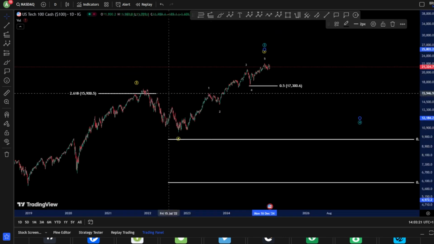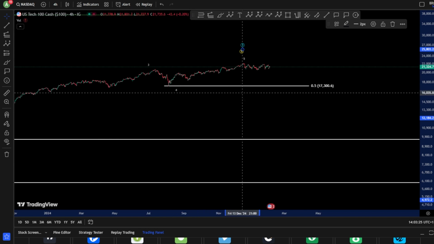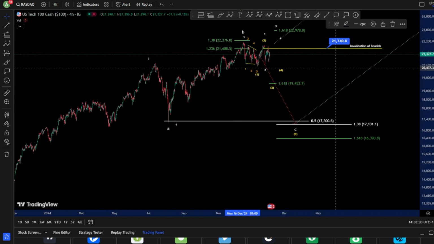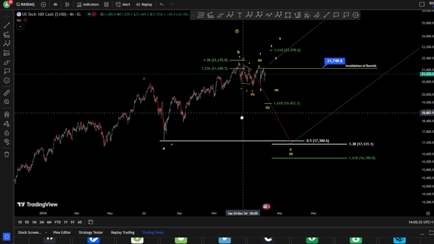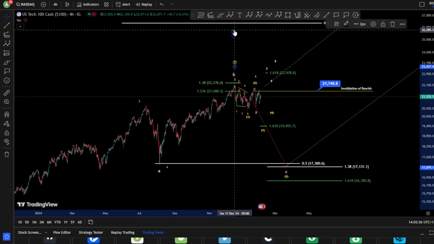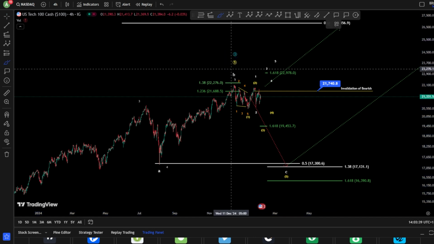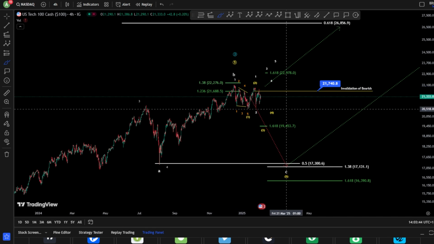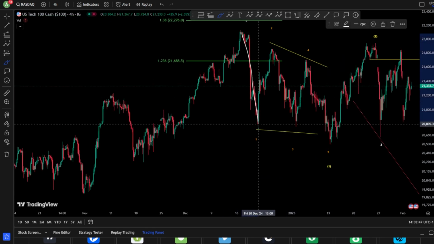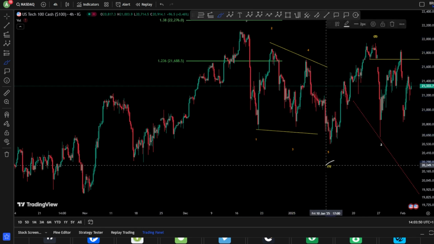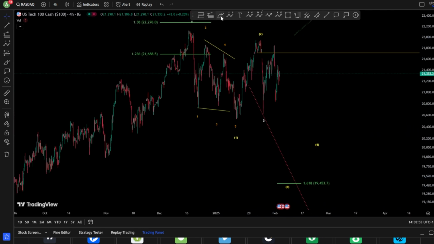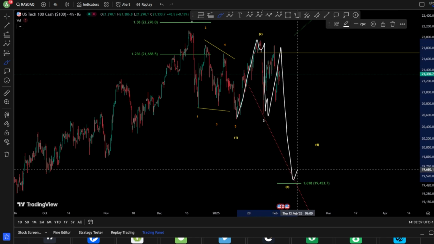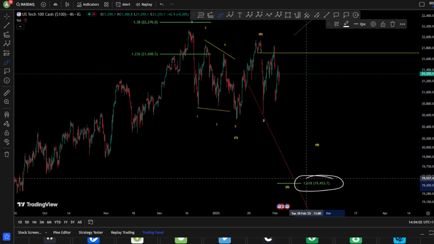Now, if we take a closer look at the 4-hour chart, we are looking for something unfolding within this big range. Probably, in case we have topped for a wave 5 and a wave 3, you are looking here for an impulse toward the downside, starting with a leading contracting diagonal, meaning 1, 2, 3, 4, and a 5, finishing a wave 1 in the yellow. And you are looking at a finished wave 2, and then 1, 2, 3, 4, 5, and 1, 2, and you would like to see a wave 3 towards the downside, hitting all around the